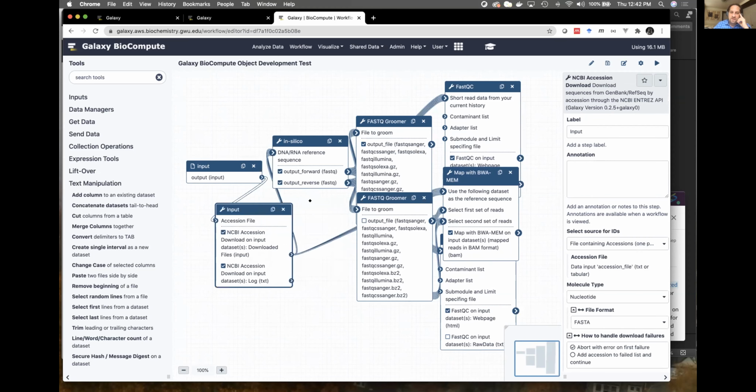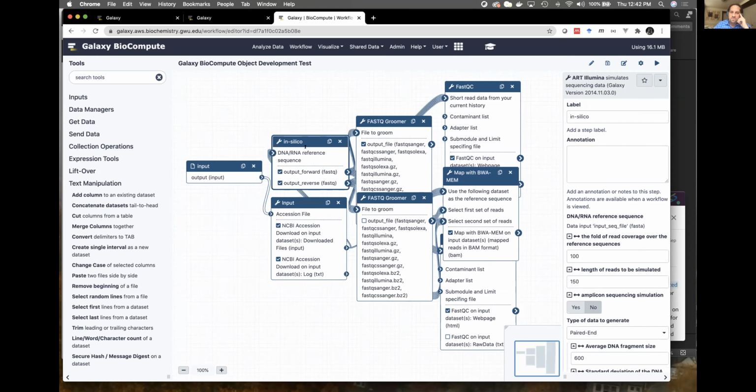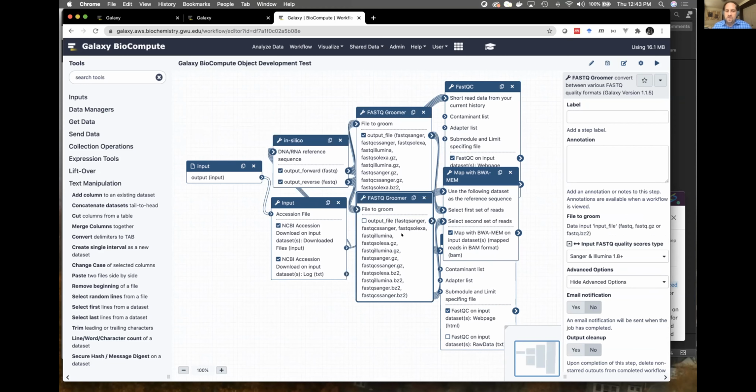So it downloads the file. We have another program called ART, which will take that reference and generate a set of in silico paired end reads. So you take a genome, you generate in silico reads, then you compare the generated fake reads to the genome and get a result. I mean, it's really nonsensical, nonsensical in a scientific sense, but good for testing in a computational